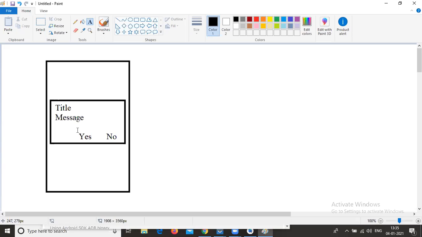We have many types of dialogues available. A custom dialogue is available, which means you can create anything. You can create a registration form, display user data, create a chat, or display images in dialogues. A custom alert dialogue is also available, so you can create anything. For normal alert dialogues we have only these options: title, message, yes or no.